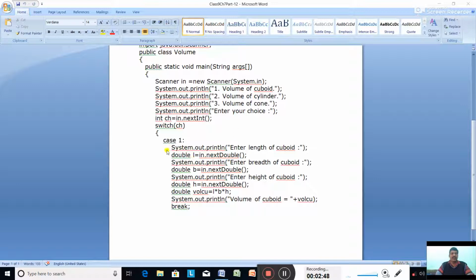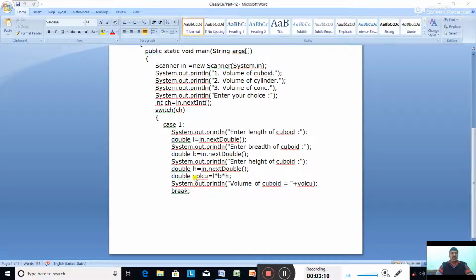To do that, in case 1, System.out.println enter length of cuboid, double L equal to in.nextDouble. Now System.out.println enter breadth of a cuboid, B equal to in.nextDouble. System.out.println enter height of a cuboid, double H equal to in.nextDouble. Now calculate the volume of cuboid, VOLCU, volume of cuboid equal to L into B into H, and System.out.println volume of a cuboid equal to VOLCU, and break. So this was case 1.